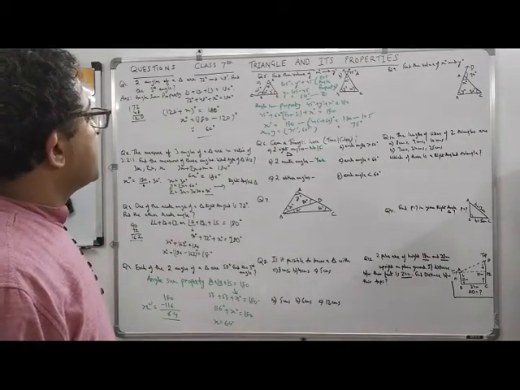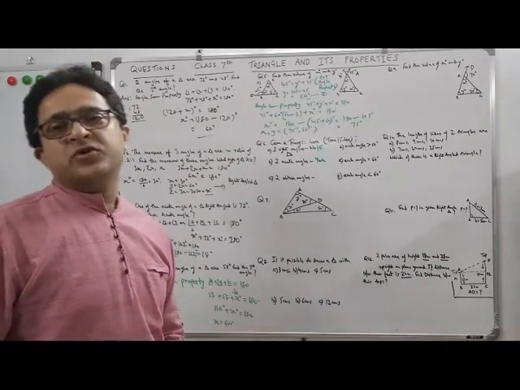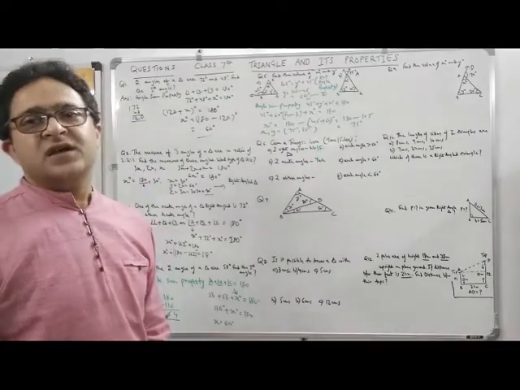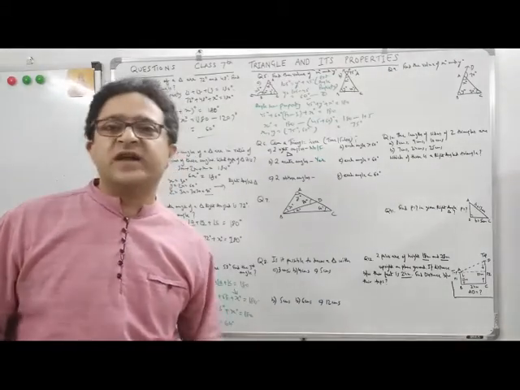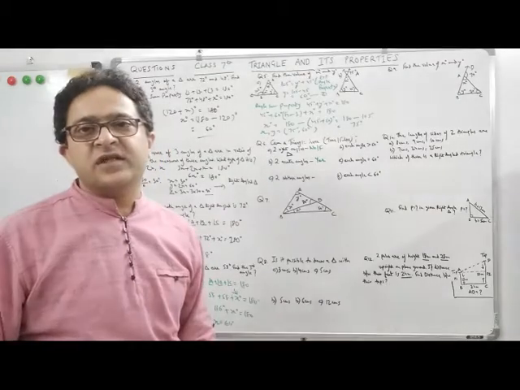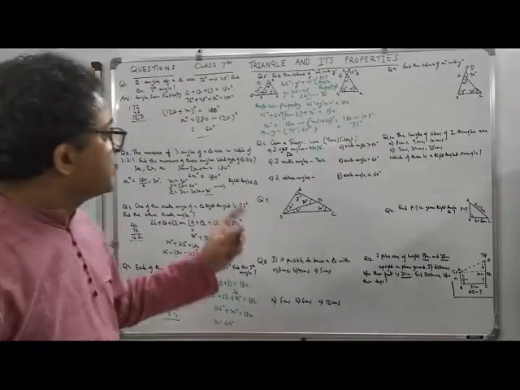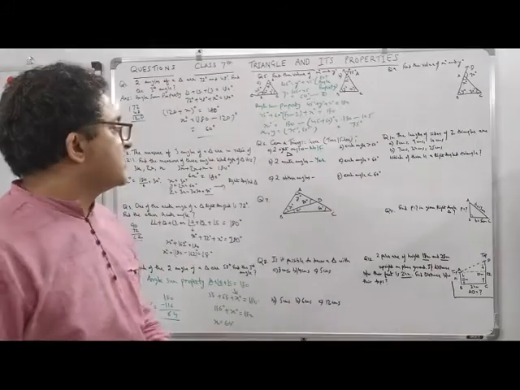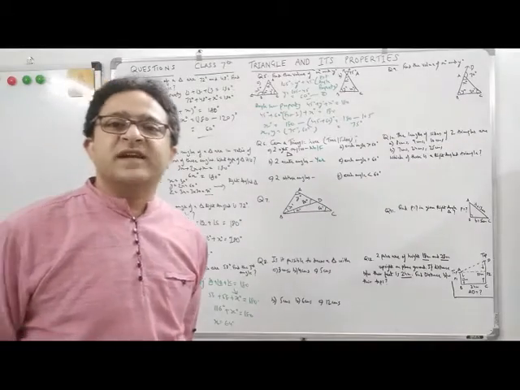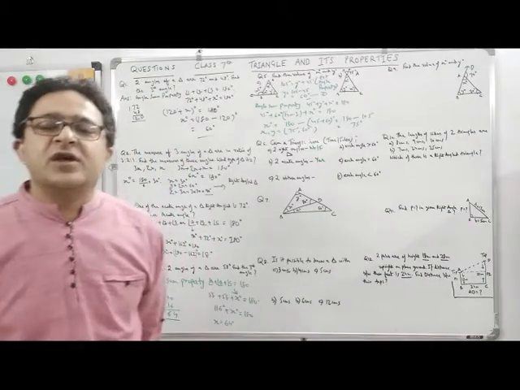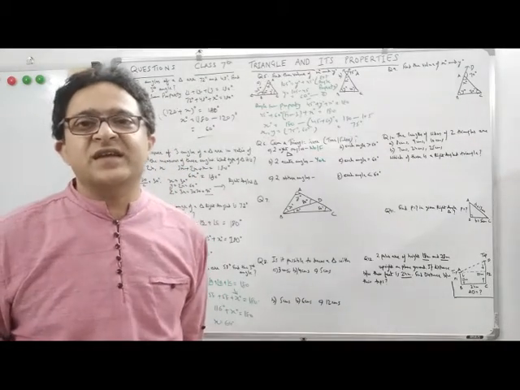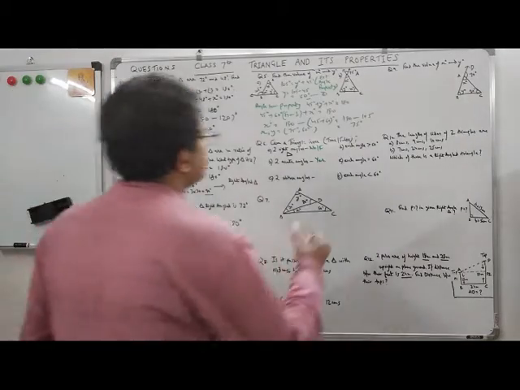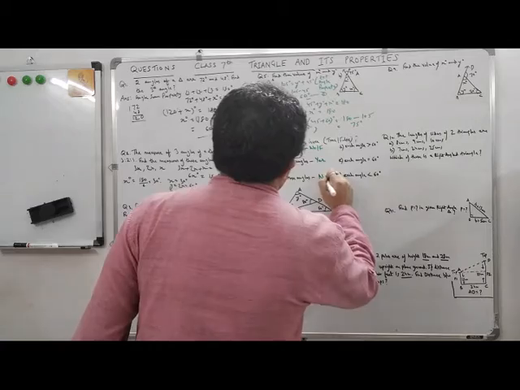And can it have two obtuse angles? What is an obtuse angle? More than 90. So let's say 91. 90 is not obtuse, I told you in the concept, so suppose 91. 91 into 2 is more than 180, so what about the third angle? You therefore cannot have two obtuse angles. So can a triangle have two obtuse angles? No, because 91 and 91 is already above 180. We can't take anything above 180, right? So we put this as no.